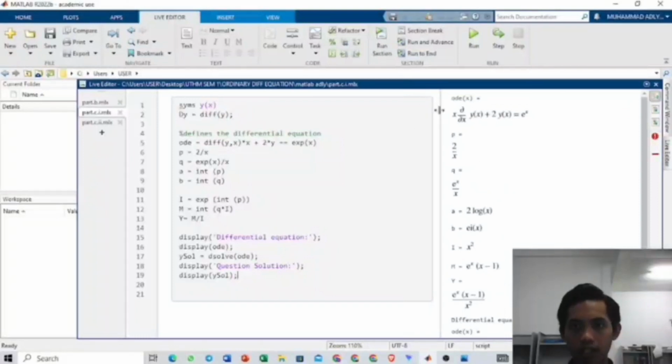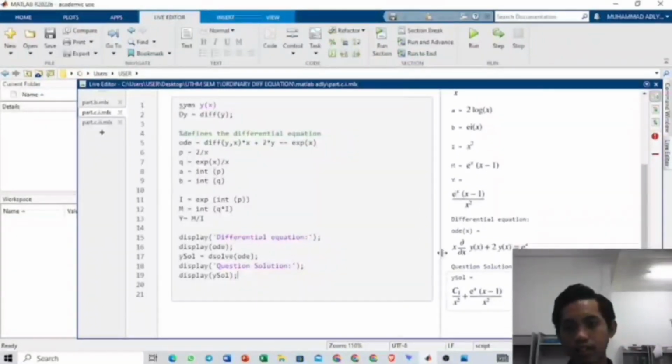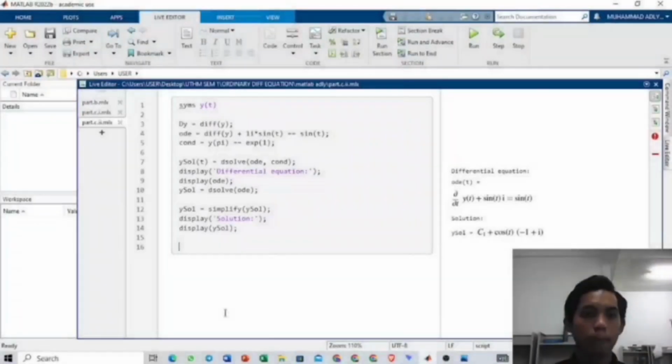So this is the calculation that was generated from the coding, and the answer is the same as the manual calculation. Okay. For the coding for question C2, the first line defines the function of y(t) as a